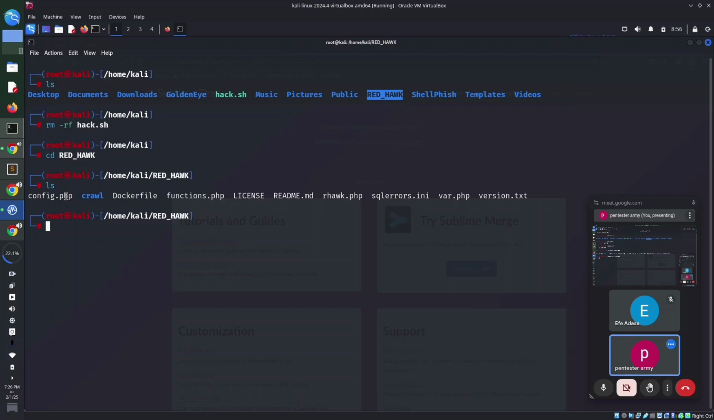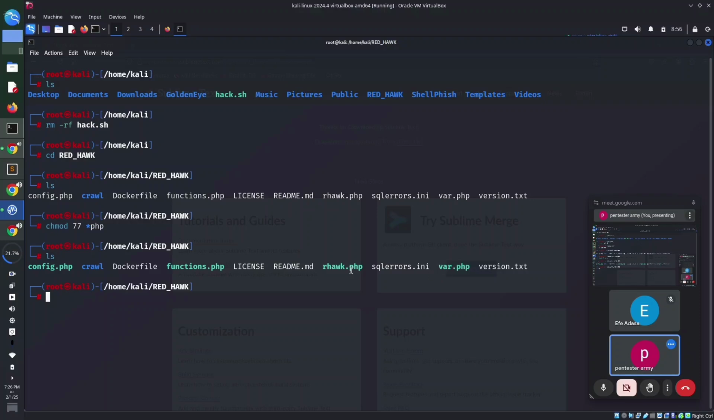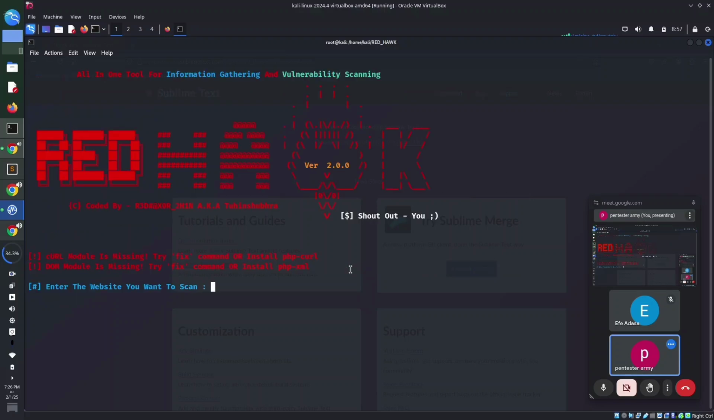So I will use a wildcard. Why? Because there are many PHP files available. I use chmod 77, not for others, then wildcard php, enter. What this does, you can see, is it gives permission to each and every PHP file. Now you can run this. For PHP, you can use the php command and run this file, and your tool will run successfully. This is for PHP. cd space dot dot,